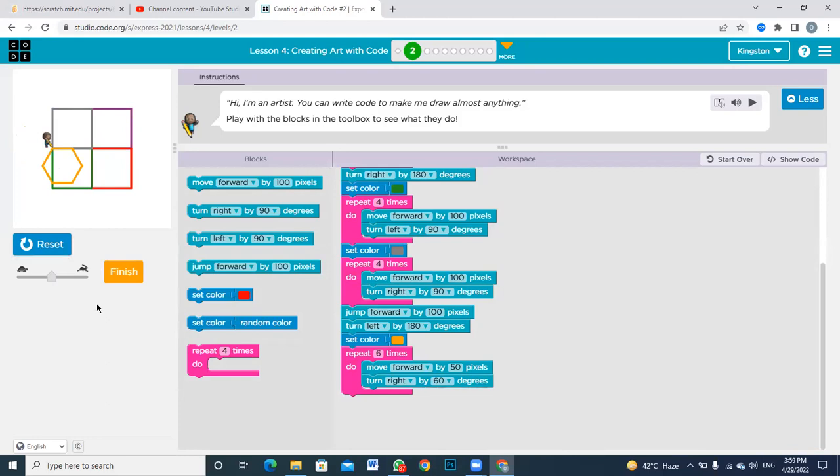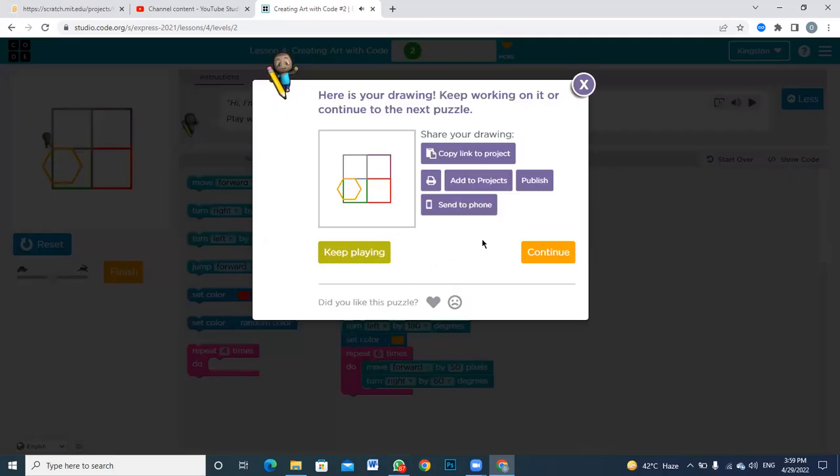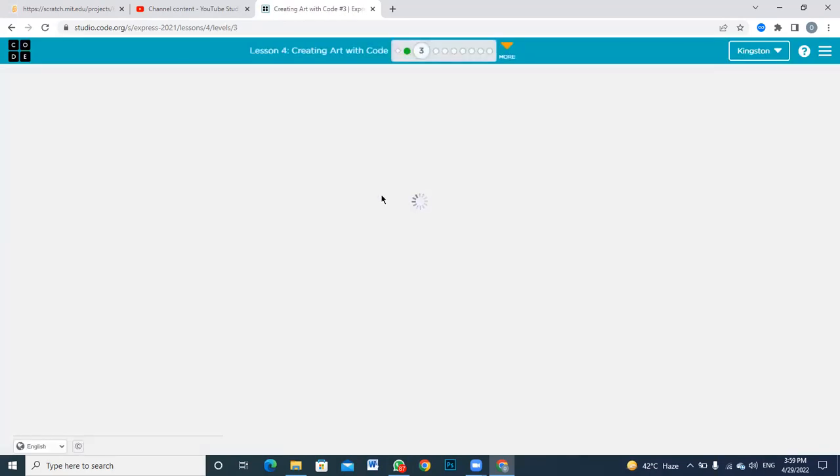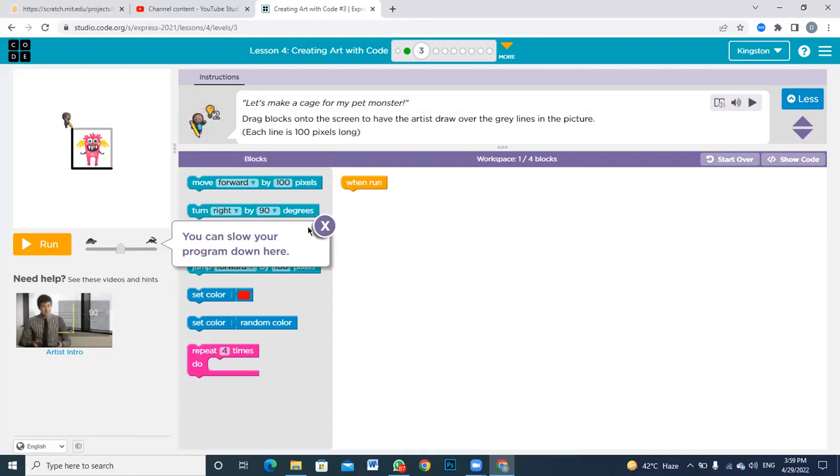Now we'll go to the next lesson and see what is there in the next lesson. Now we have made many pictures here. Now we would want to go to the next lesson and want to see what can we do there. Now this one here